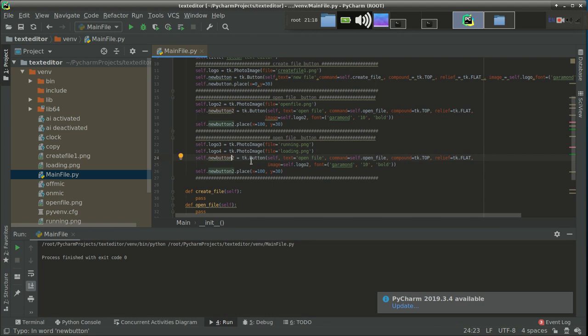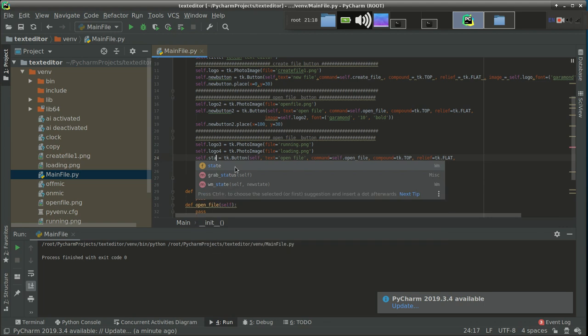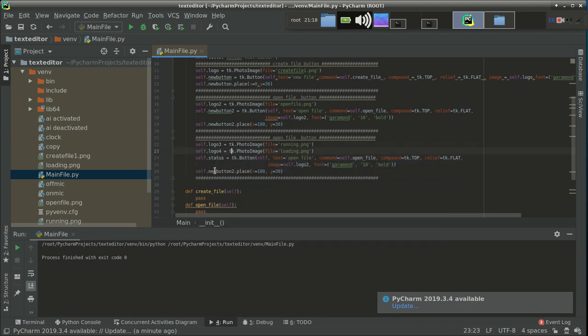So right now just use this running.png only. So it is going to be button 3. Actually button is confusing, so let's specify another name, that is status. Status is quite good. So its name is status.